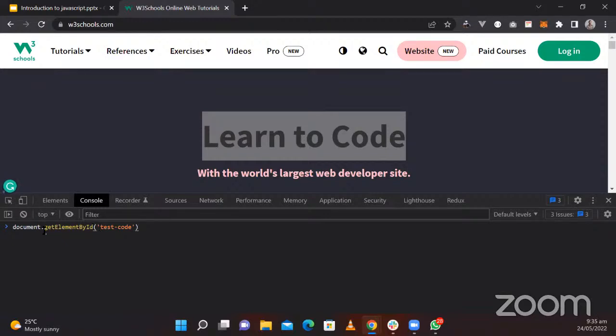So you can either take single or double quote. So now we're using single quotes. That means we have to end single quotes. So I have test code here. Now, this test code,